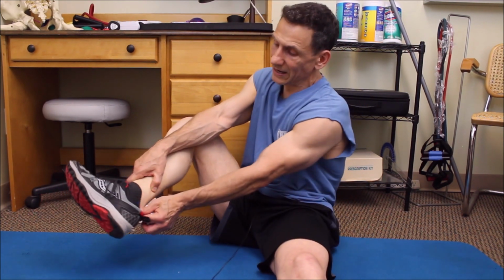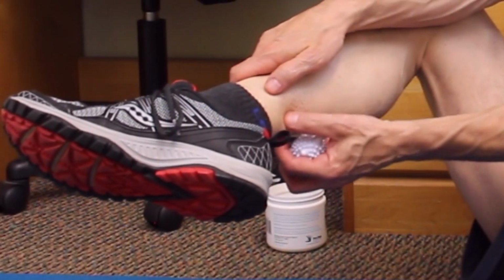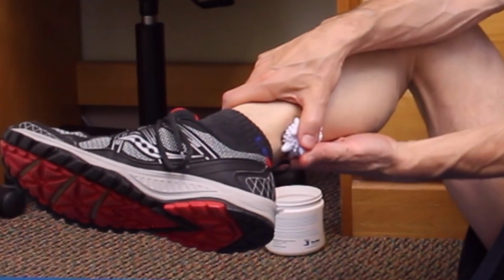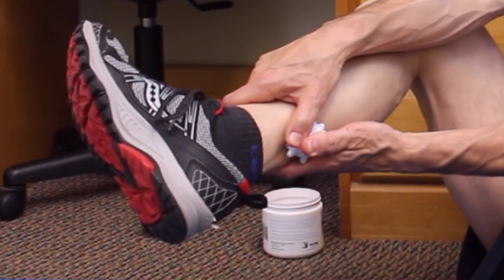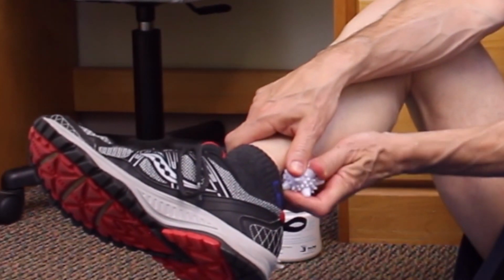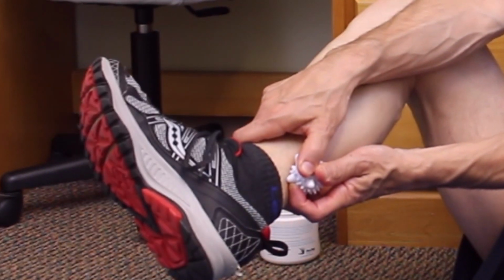So once again, you're getting in down near the Achilles. My toe is pointed. I got the ball on the side of the Achilles, kind of fitting it between the Achilles and some of the tissue here. I'm pressing down with my thumbs right into it, and then I'm going to pull my foot back. And I'm going to do that about 10 times on each spot, and then I'm going to move it down about an inch, and I'm going to press down and pull it towards me again, and then once again, flex the foot back